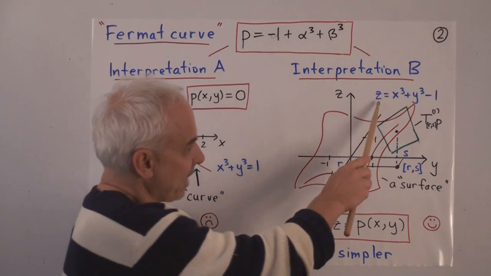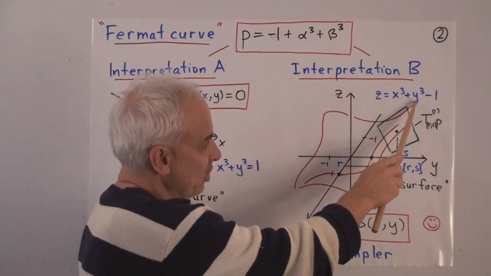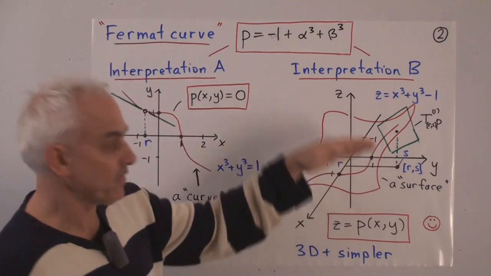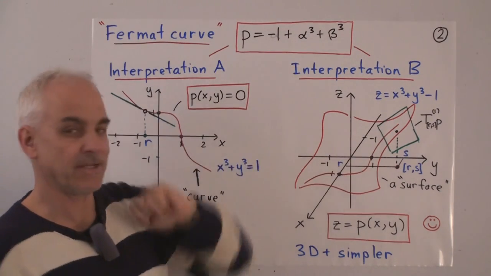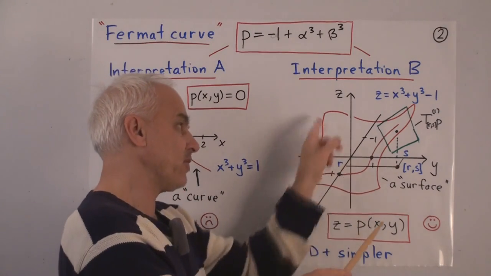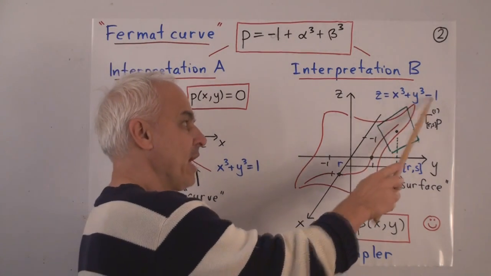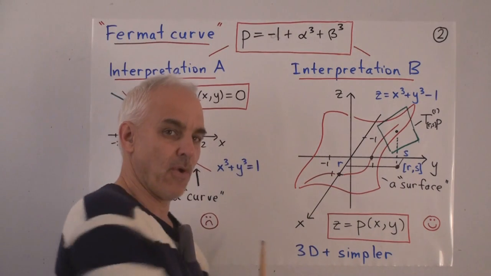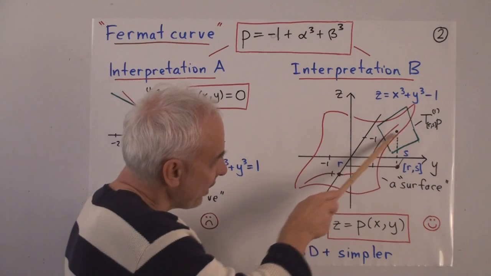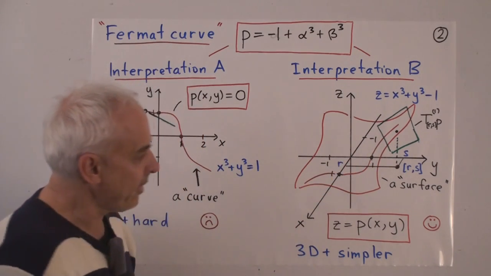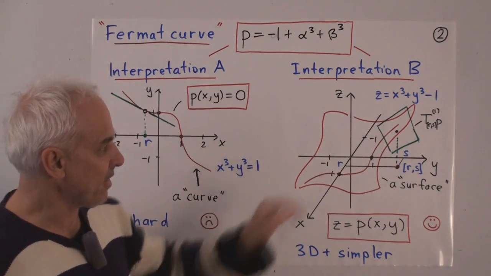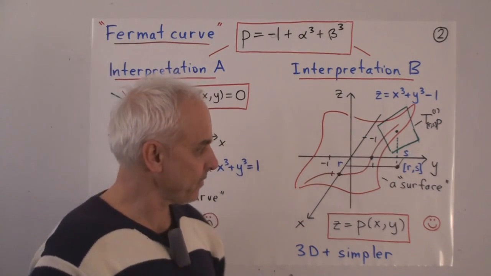As it turns out, if you look at it in this form, z equals x cubed plus y cubed minus 1, if you go in the positive x and the positive y direction, the surface is coming up. In other words, the z coordinate is increasing. While if x and y are negative, so we're going in that direction, then these terms will become negative and the z coordinate is going down. In the sort of 45-degree directions here, roughly the x and the y terms will balance themselves out and the z value will be pretty close to 0.